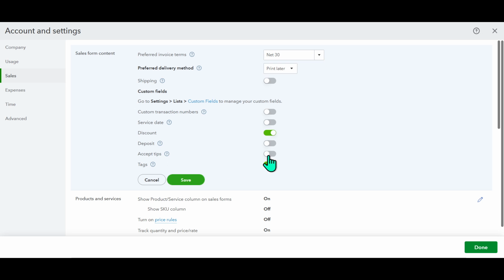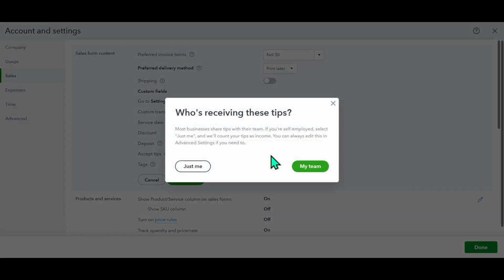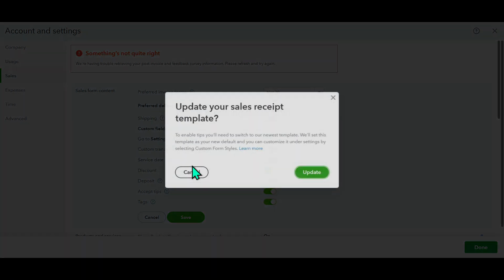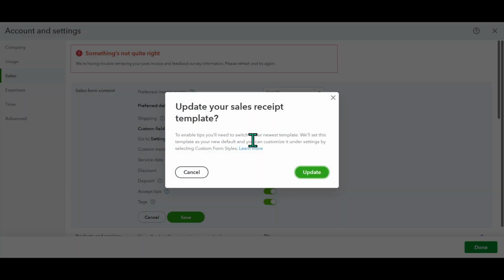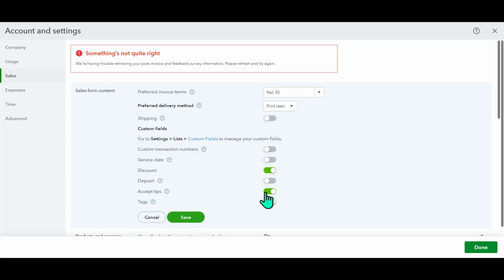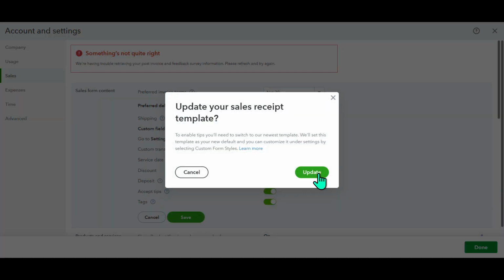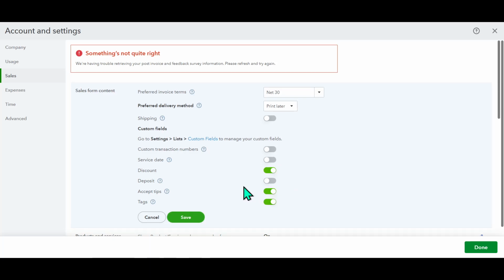Once you are in the Sales Form Content section, look for the option labeled Accept Tips. There, you'll want to locate the switch that enables this feature. If it's currently off, you will see it is grayed out. To turn it on, simply click the switch and it will turn green, indicating that the tipping feature is now enabled. This simple action allows your business to start receiving tips through invoices, making it a seamless experience for your